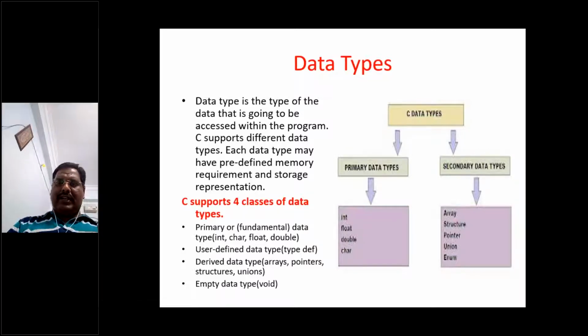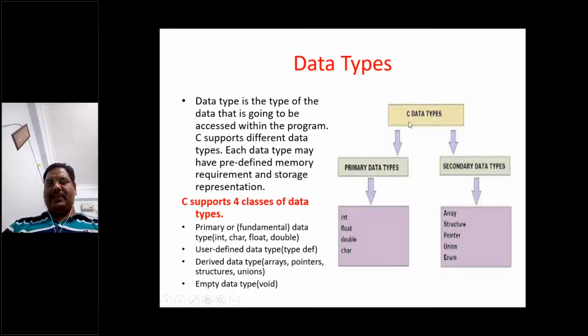Let us see one most important concept here, C data types. You can see the picture. The first one is the primary data types, which consist of integer, float, double, character, and void, which returns nothing.